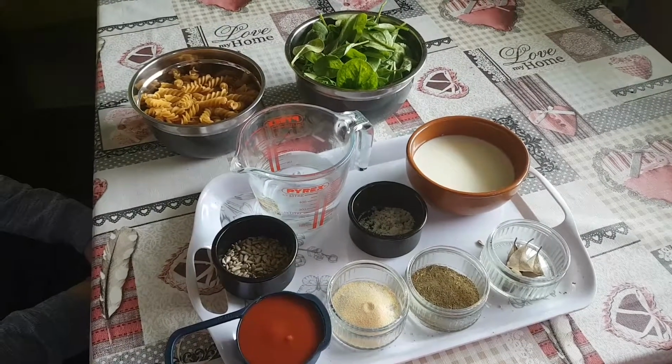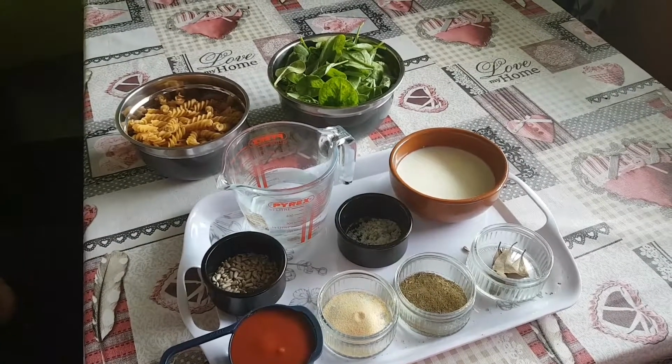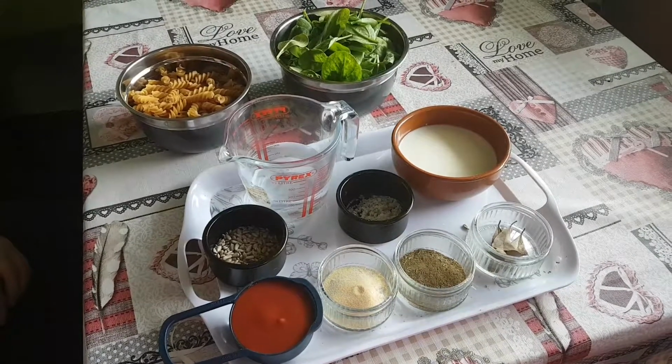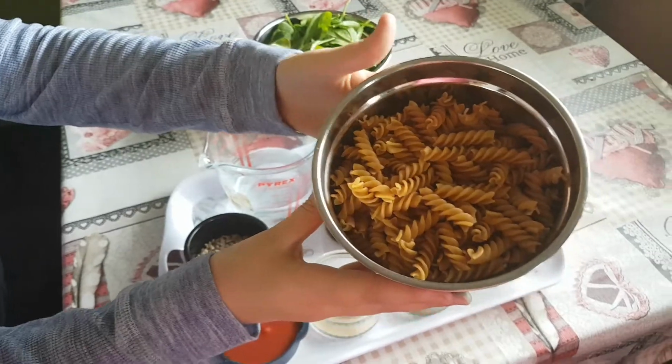Today we will be doing spinach pasta bake. It's a very healthy recipe. Okay, so firstly you will need 200 grams of pasta,